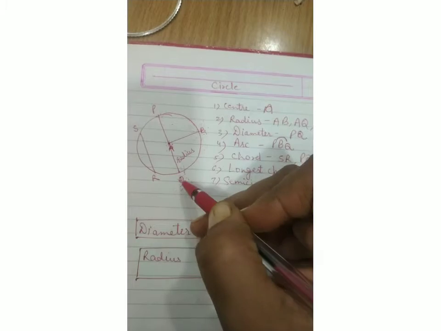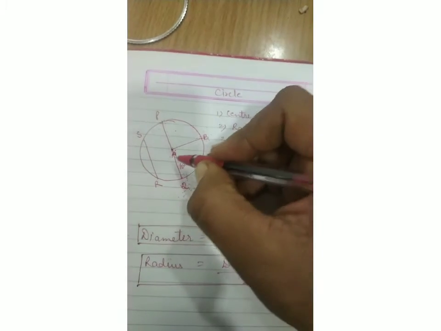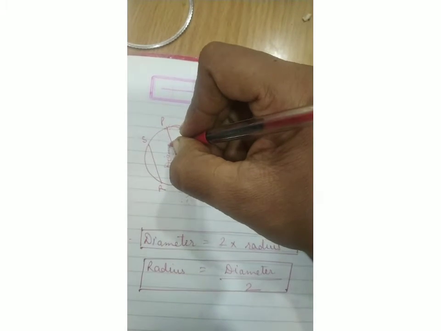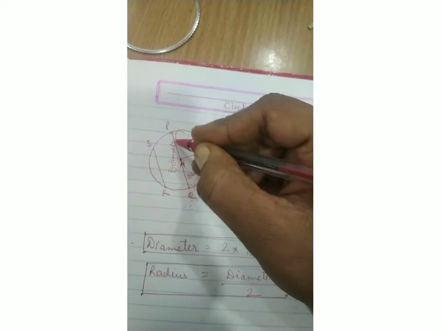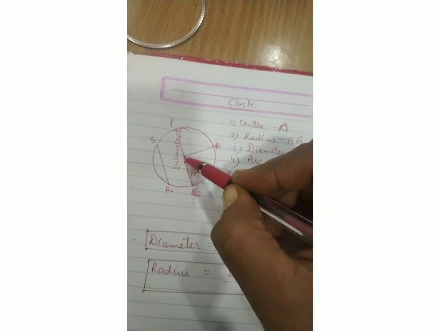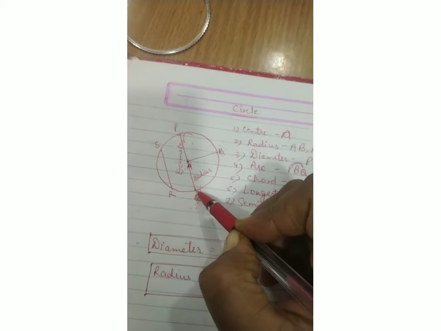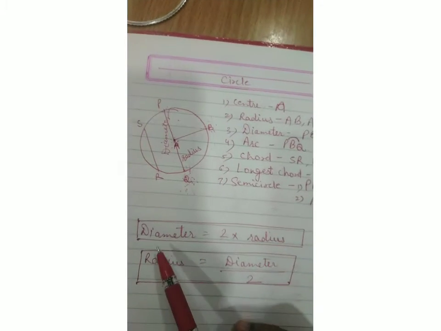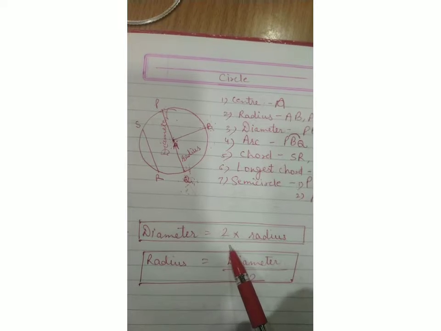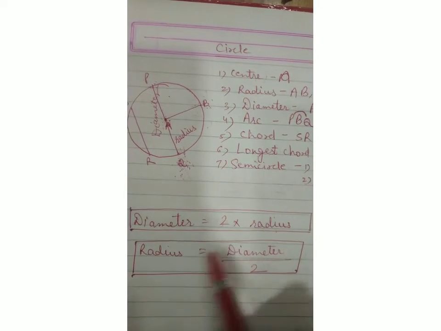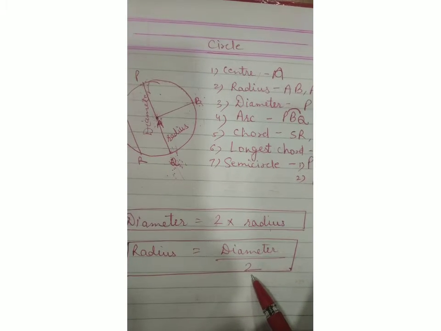Now next comes arc. So first of all, I'll teach you what is the relationship in radius and diameter. As AQ is a radius and PQ is a diameter. So you can see, children, diameter is just a double of the radius. Because as I told you, from the center, any point on the circle is at equal distance. So relationship says diameter is equals to twice of radius. 2 multiplied by radius. Or radius is half of its diameter.